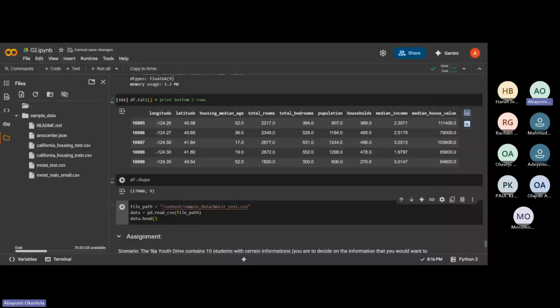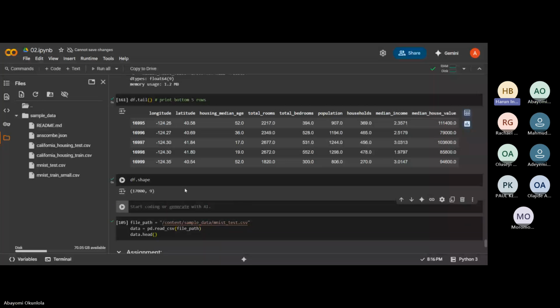Is it becoming much more interesting? Hello. Yes, we are here. All right. Which other method can we apply? I'm still trying to understand the first part of it.